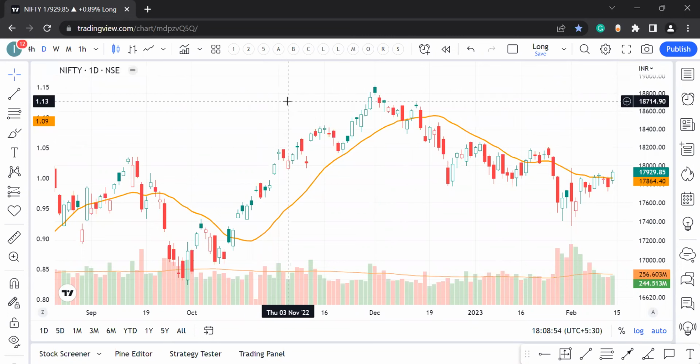phase where most of the stocks are down, and this is the time I feel when you can spot stocks which are not falling with the market, which are showing strength against the market, and these stocks can become the future leaders in whenever the next run, smooth run, like this is a smooth run